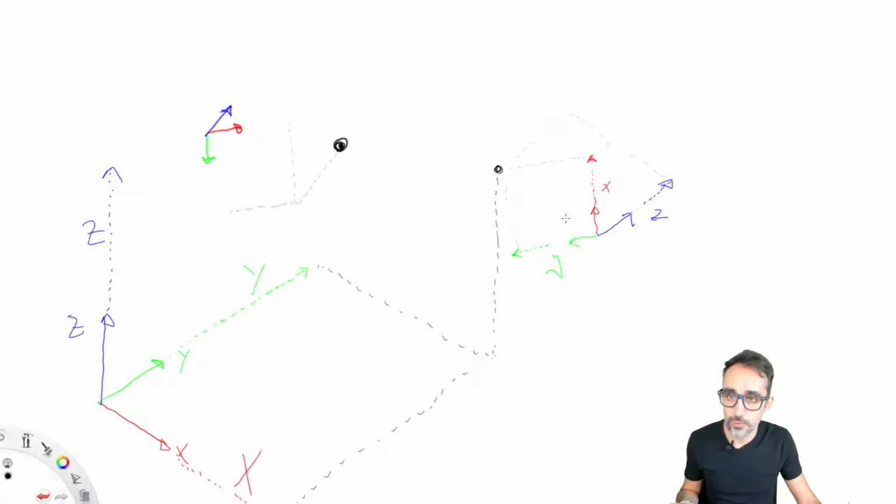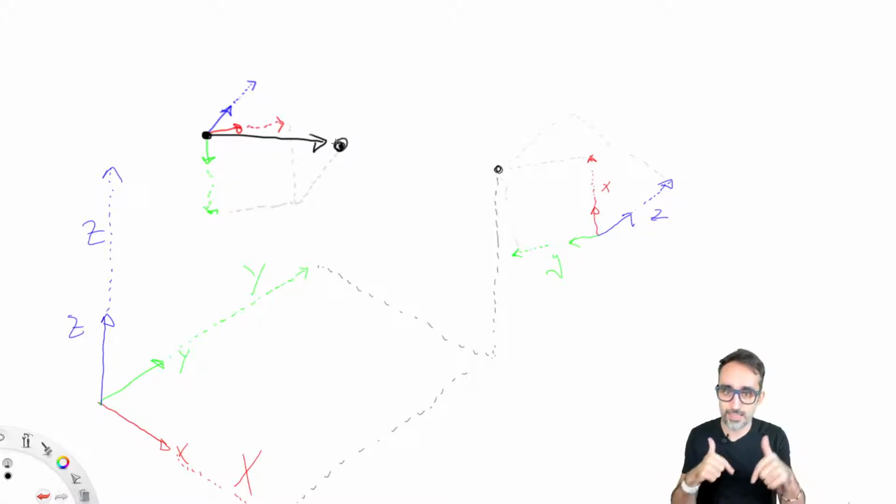And then what we're going to do is very simple. We take the origin of this coordinate system, and we add to that origin a position vector pointing this way, which is the result of the x-axis multiplied by the x coordinate, plus the y-axis multiplied by the y coordinate, plus the z-axis multiplied by how many units in the z-axis this point should be. Let me actually draw a diagram where we can see that more clearly.